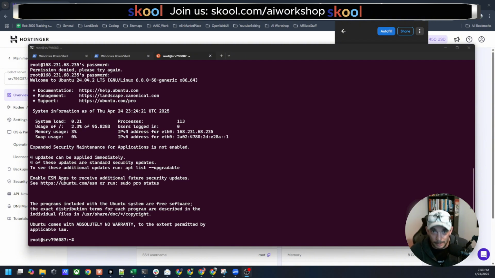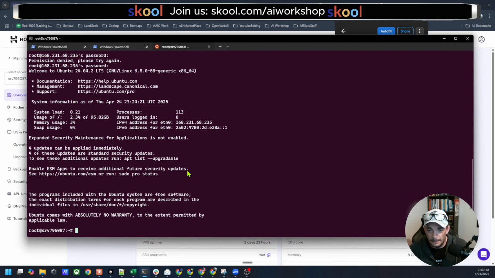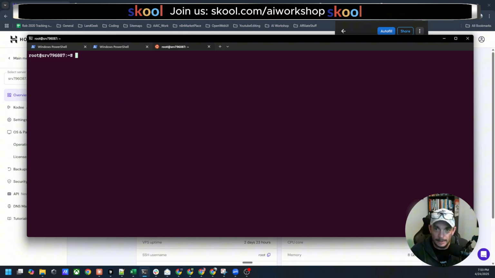Got it. On it. So what we're going to do, back to our VPS. So this is the SSH. We are still logged in here. We're going to clear the screen just to give ourselves some space to work with. And then we are going to create a script using Ubuntu's built-in text editor, which is Nano. It's a very, very cool thing. So to create the script, we're going to just put in nano space setup.sh,